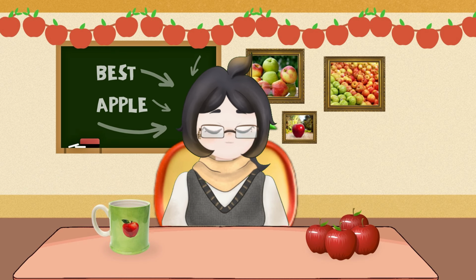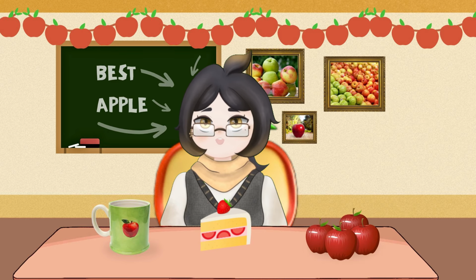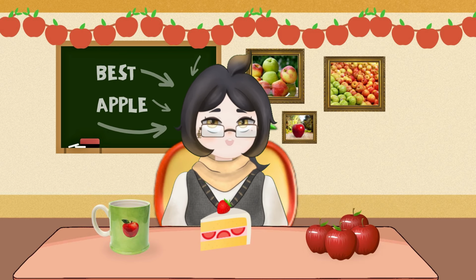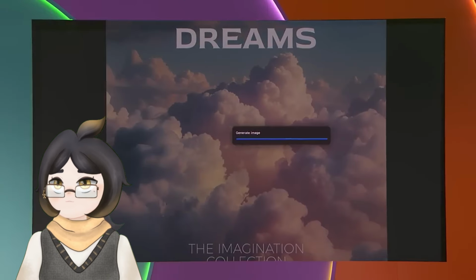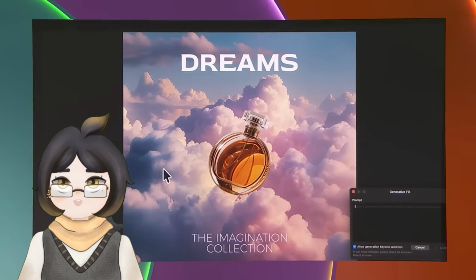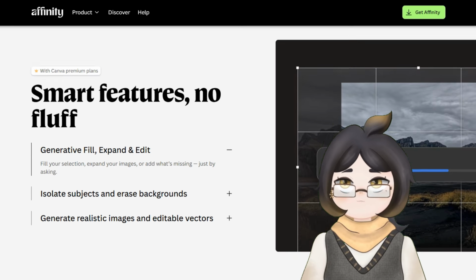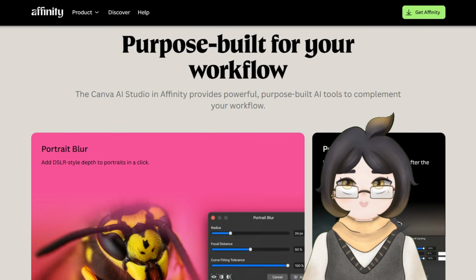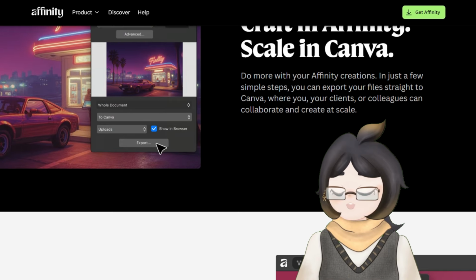Another added feature is what I believe some would consider their strawberry on top of the cake, the AI features. Leave us alone, AI! The AI feature will be there the moment you open the program, but you won't be able to use it unless you have Canva Premium Plan, which basically allows you to do all stuff from generative filling, expanding, erasing backgrounds, and so on.